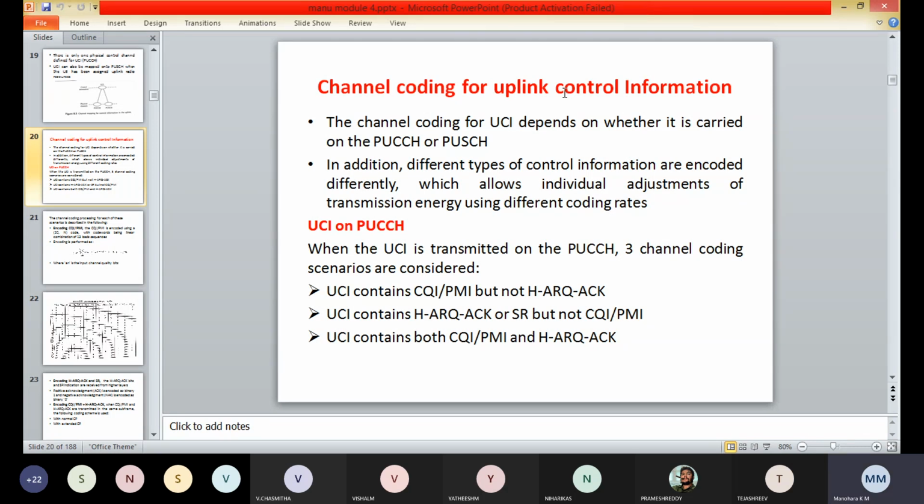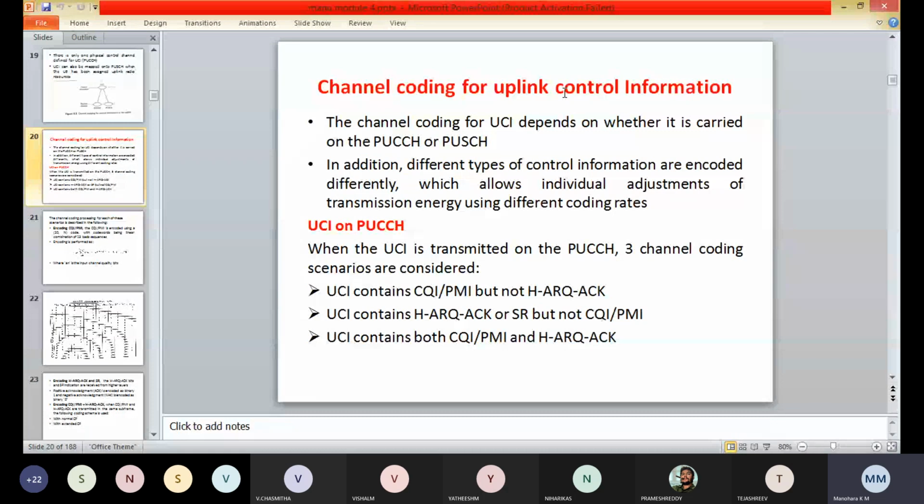When the UCI is transmitted on the PUCCH, three channel coding scenarios are considered. The first one is the UCI contains CQI or PMI, but not the HARQ ACK. The second one is the UCI contains the HARQ ACK or the SR, but not the CQI or PMI.